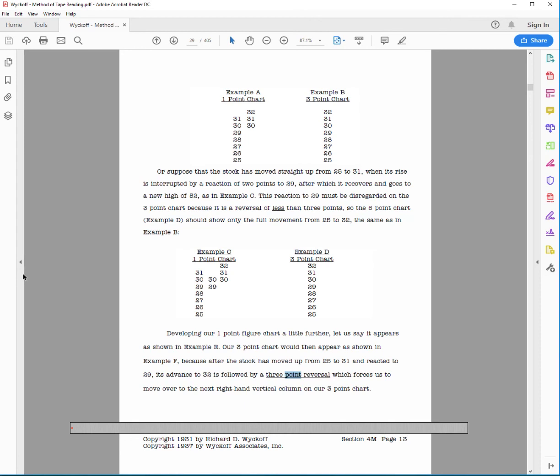StockCharts does not have the 1 point figure chart. The other one I think is Updata. The Updata platform has it as well. And maybe, I'm not sure, but I think SMI would. I really don't know if they have it, but you can check with them if they have a charting service that has the 1 point figure chart. But in general, eSignal, Market Delta, InvestRT, TradeStation, Updata, they should all have figure charts that support the one box reversal. In fact, eSignal actually has a Wyckoff setting that you click on,